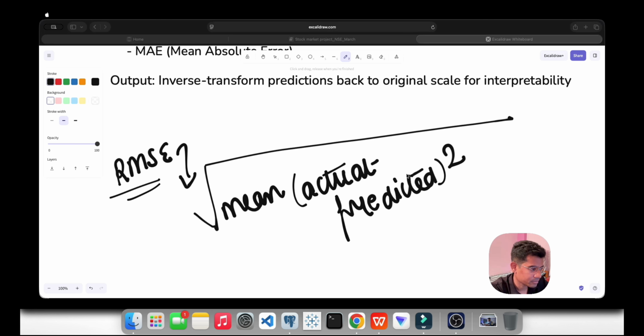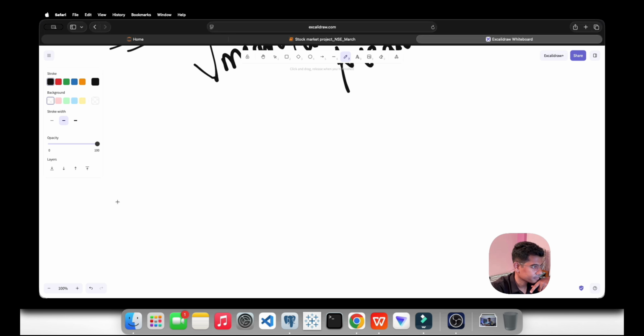MAE मतलब mean absolute error. So this also has a formula. Let me write it here. MAE, so what is it all about?